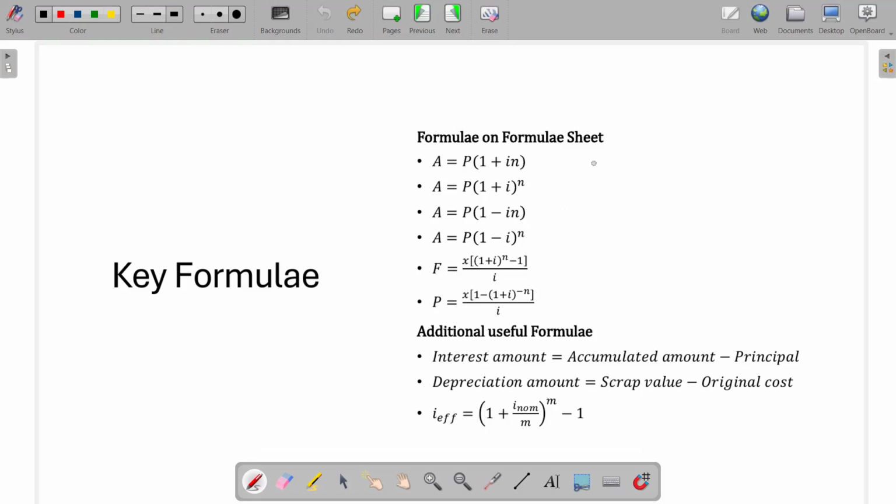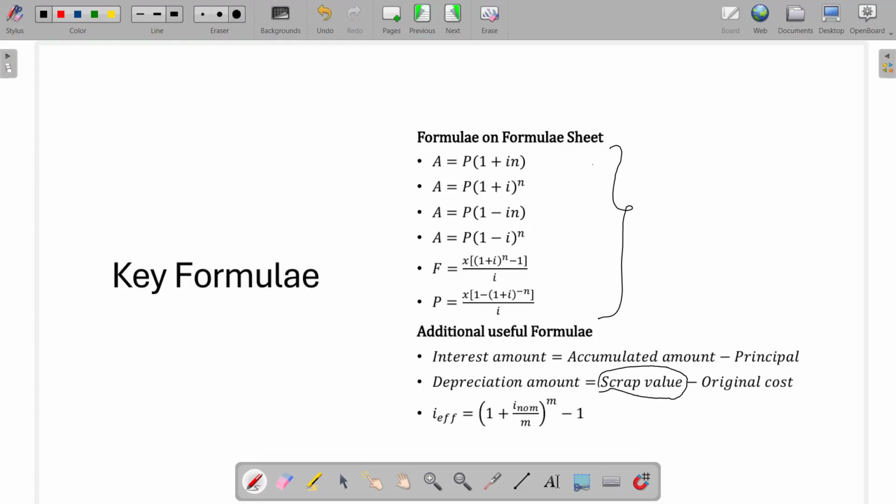Yes, good afternoon. We are going to be concentrating on finance. So for us to be able to answer the problems on finance, we have to concentrate on this formula. And these formulas, 1, 2, 3, 4, 5, 6, are there on the formula sheet. The other ones that are additional are not on the formula sheet, but you can be asked to calculate them. But you have to take note here, the formula for depreciation here,